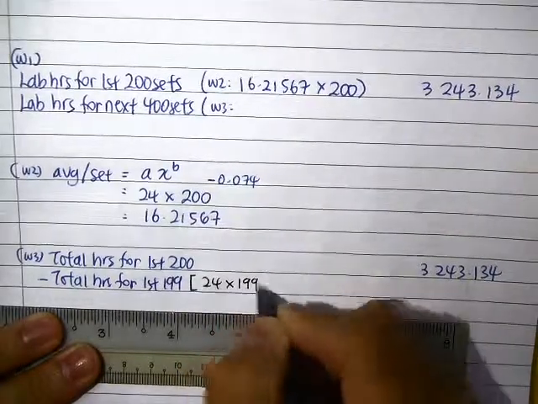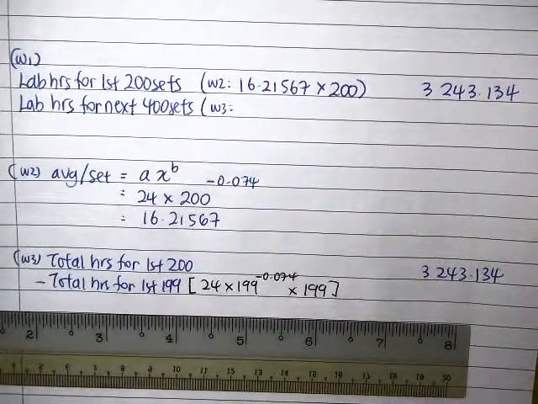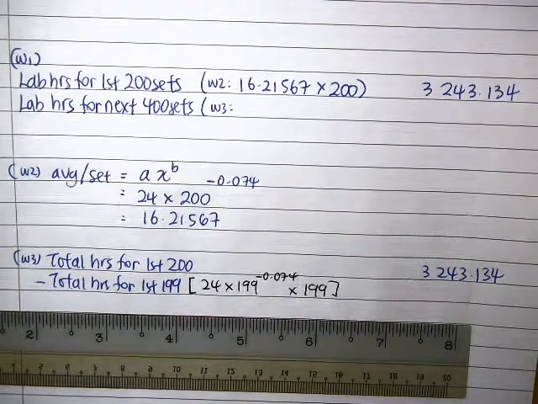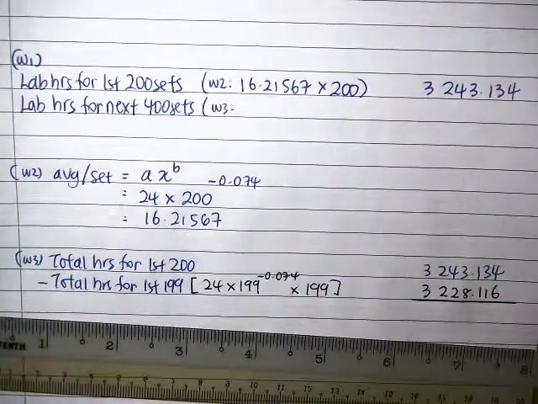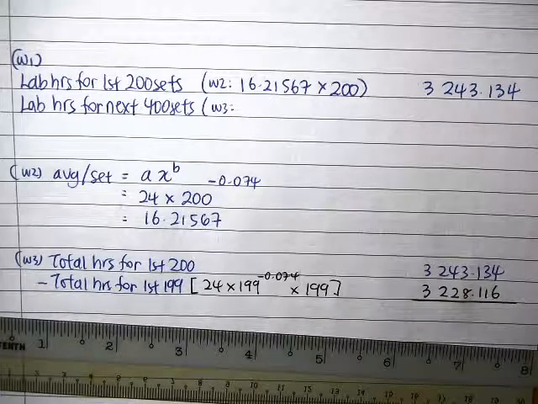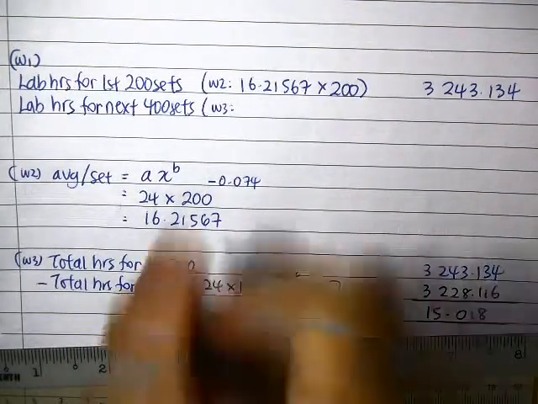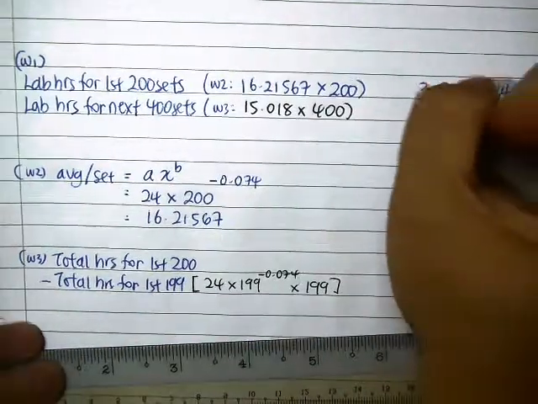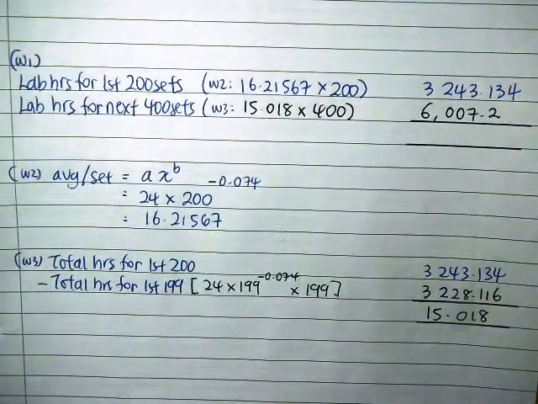24 times 199 power of negative 0.074 times 199. It's 3228.116. So it's 15.018, and there's a balance 400. So it's 6007.2. That means the total hours you need